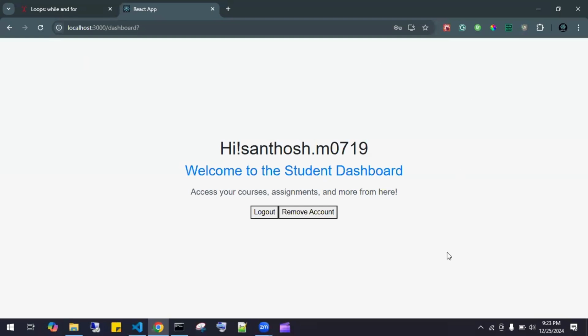So we are now on a login screen. Now you can log out and you can remove your account also. Two options we have done. And we also got our name, "Hi Santosh", like the email part, like at